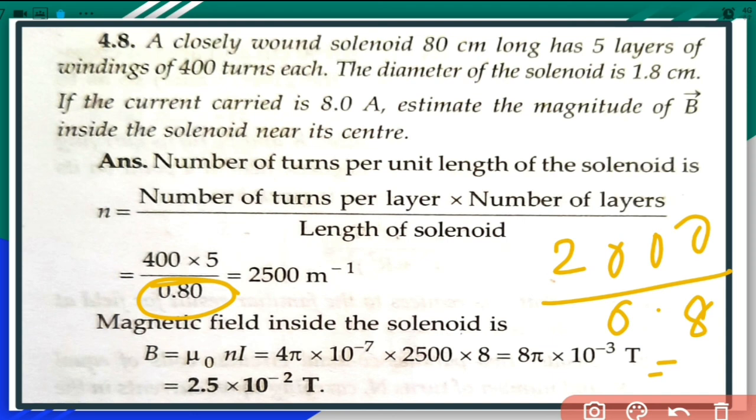The rest is very direct because current is given, 8 ampere. The diameter of the solenoid is misleading. Seeing the data, you may think we have to do something with that, but you need not do anything with it. So the magnitude of magnetic field is 2.5 into 10 raised to